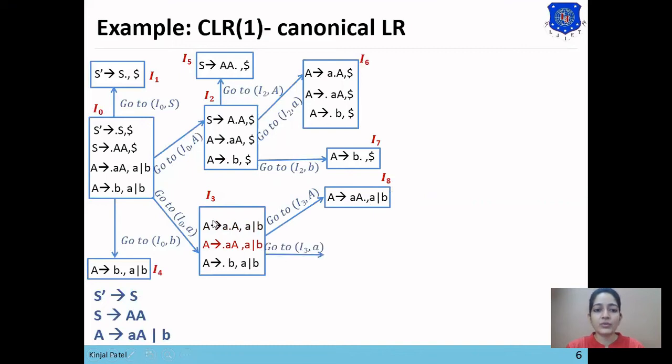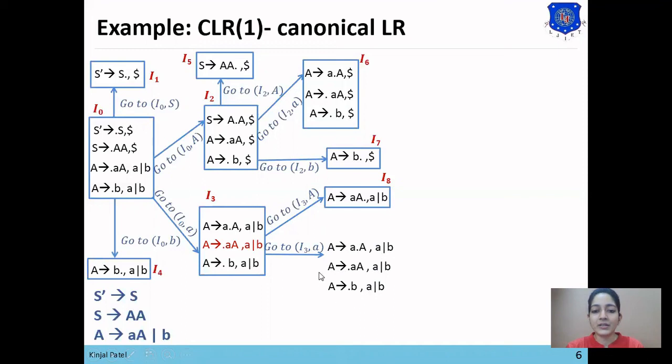The symbol go to I3 comma A. So our next production will be A derives A dot A or B. So here dot is present at the beginning of non-terminal A. So we'll add the production of A. Now here A derives dot A and A derives dot B has been added. So we have added look ahead A or B because in the first statement between A and comma there is no term, means beta is null. So the look ahead of first statement will be added in the second statement and in the third statement. So the look ahead of second and third statement is A or B.